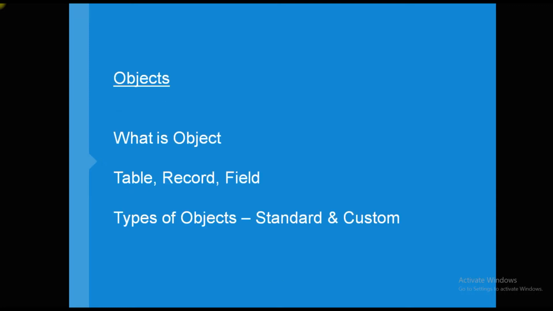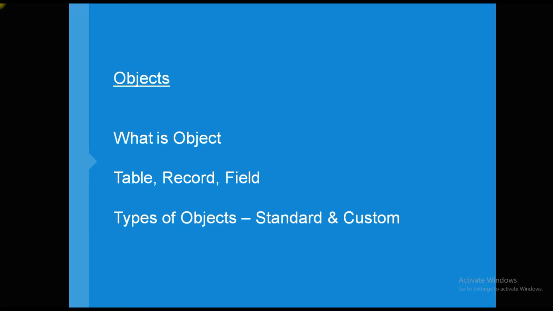So, what is an object? An object is a place where we are saving our data. An object is like a table, in the sense that we are saving data in a row and column manner. Row-wise information is known as a record and column-wise information is known as a field. Fields may be like name, age and location. Here, assume the name value is Jyoti, age is 30 and location is Kerala.